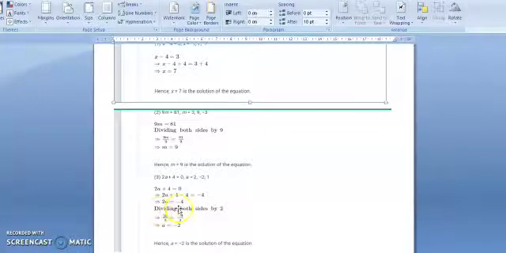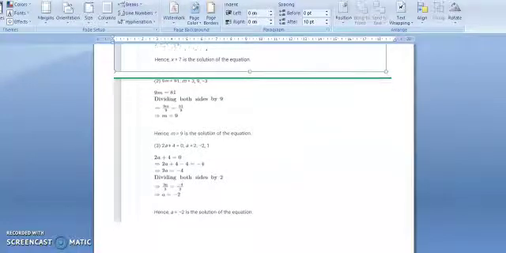If you will divide by 2, then you will get here 2a upon 2 equals to -4 upon 2. 2 gets cancelled. Here on left hand side you will get a equals to, 2 ones are 2, 2 twos are 4. This is -4. So -2. a equals to -2. This is the solution. You are given the values 2, -2 and 1. So a equals to -2 is the solution of this equation. Now let us see number 4.